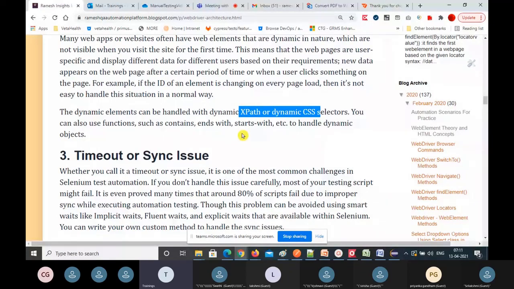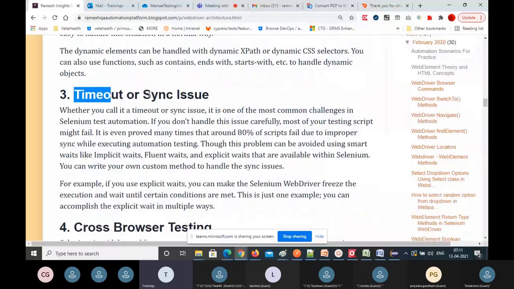And the third one is timeout or synchronization issues. Basically, your test cases mostly fail because of synchronization issues. The pages are not getting proper time to load. WebDriver doesn't wait for the element or page.